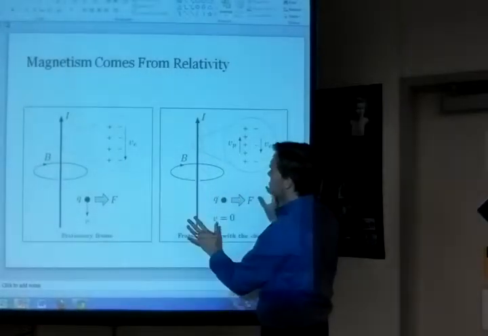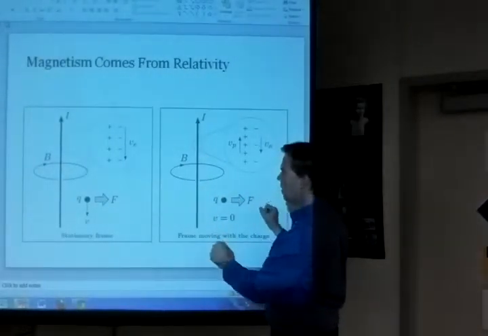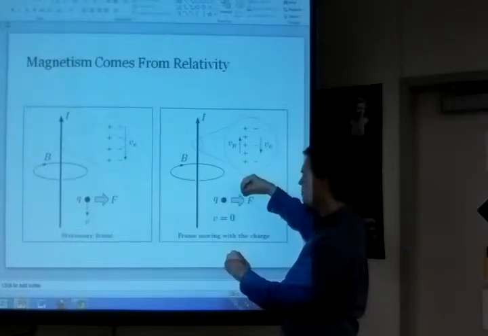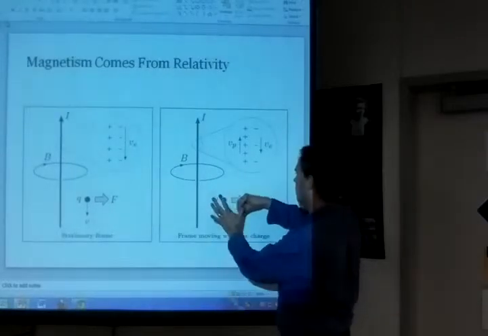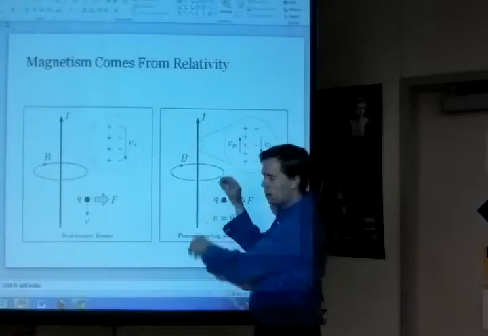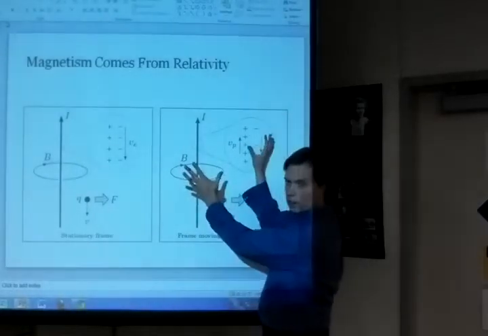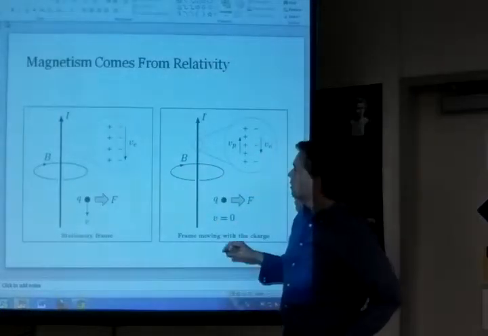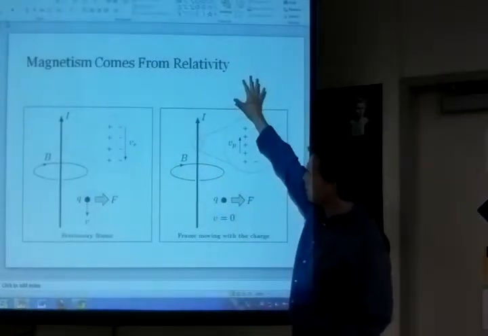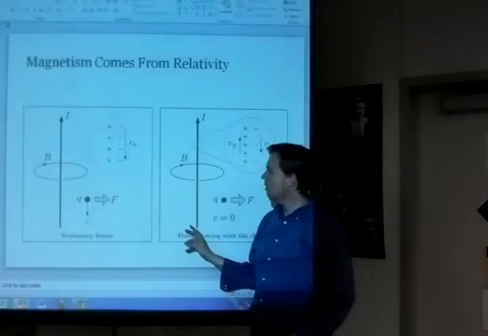So everything else is moving up the page. If I want the charge to just be sitting here, I've got to have everything in the lab moving up to compensate. So I imagine everything's moving up the page, which means not only do I have current, but